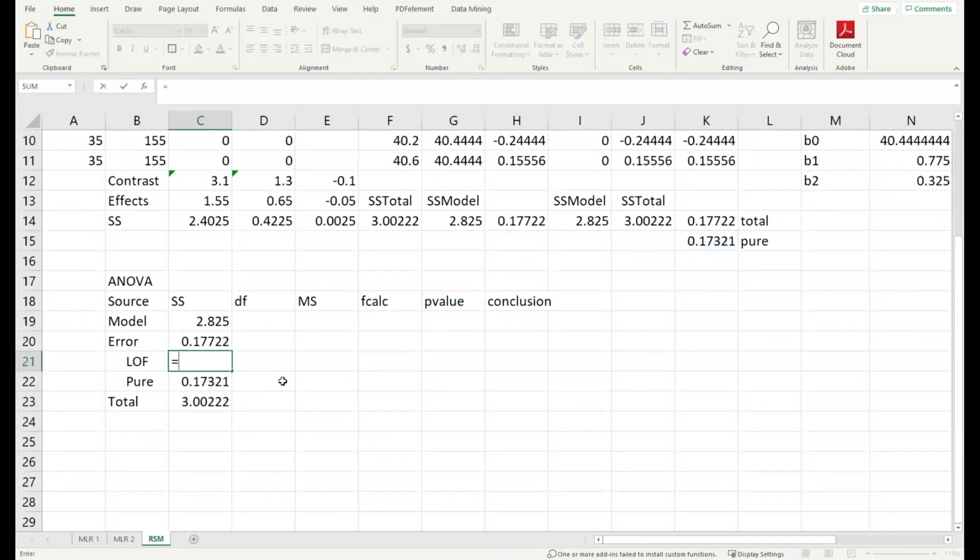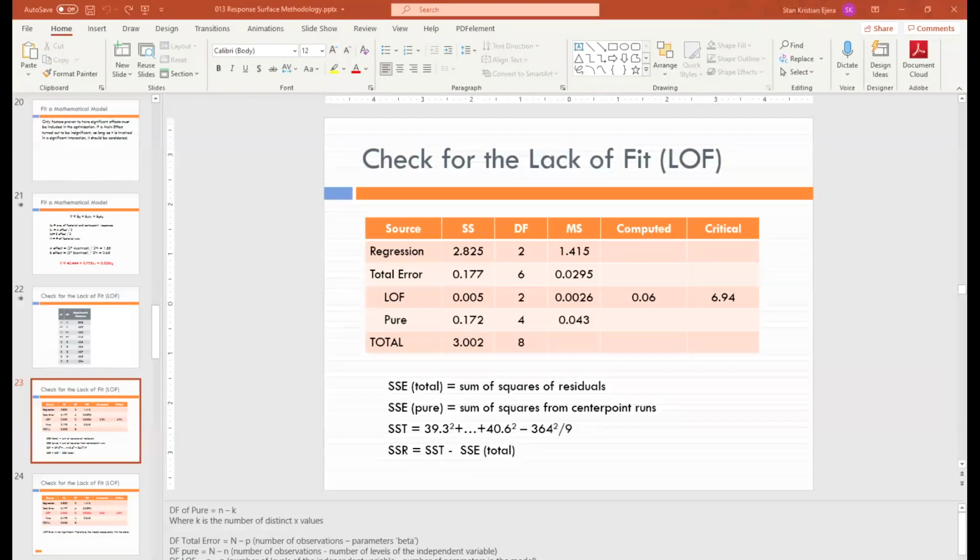So if I get the lack of fit na error, so take note again, yung total error is comprises of the lack of fit pati yung pure error. So if you want to get the lack of fit, we just take the SS of the total error minus the SS of the pure error, which gives me 0.00401. Okay? And again, kaya ako medyo nalilito class no because if you look at the slides, and I'll double check this para sure tayo, no? If I look at the slides,